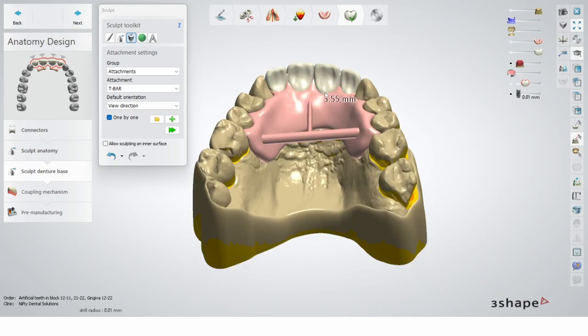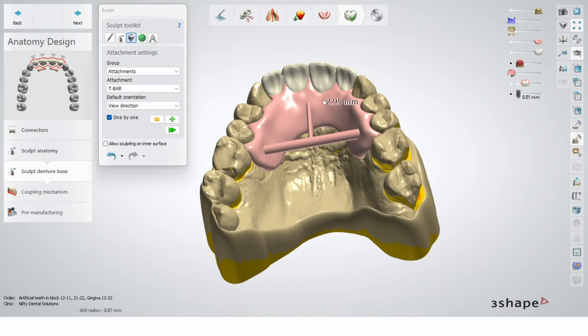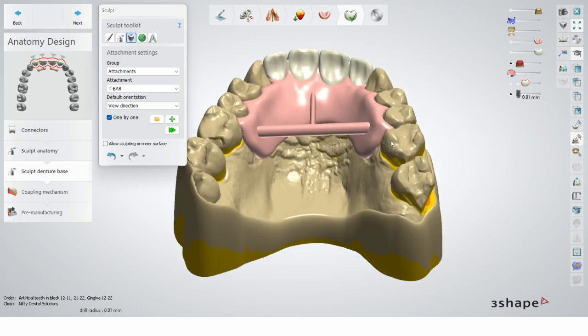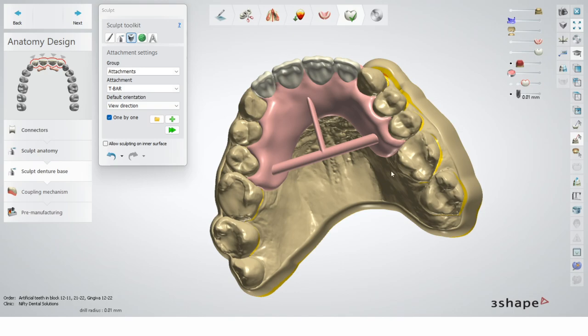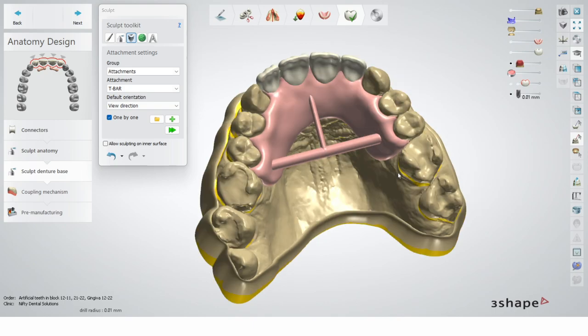And this is an upper, but essentially I treat it as a lower. But I don't think there is a need to add an extra bar, so there is space only for a T-bar. But if it was a little bit more extended, let's pretend that tooth was still here, I would probably treat it exactly like a lower denture because it's a horseshoe shape. So I will add a bar at the back.